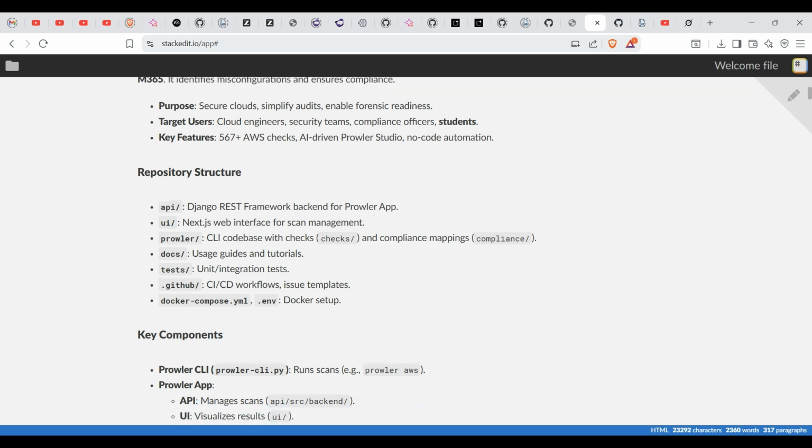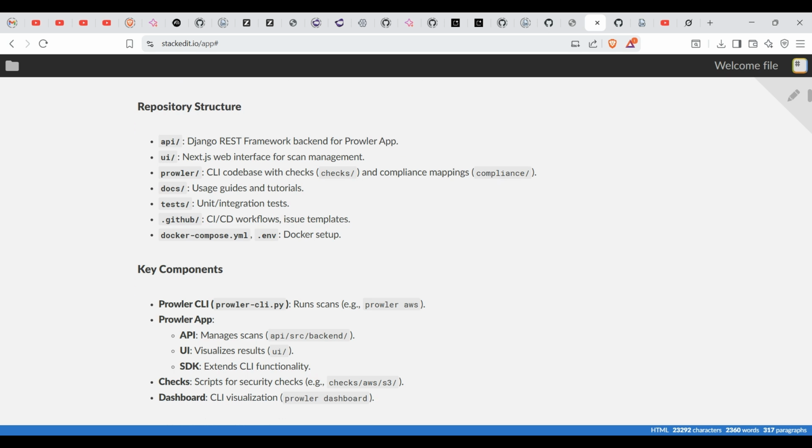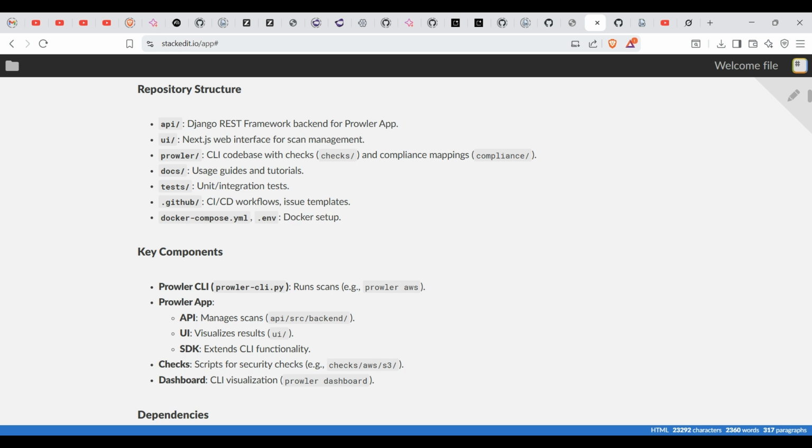So next, as I told, this particular tool is open source. When anything is open source, we can find the source code in GitHub, and these are the code structures. There is a folder called API. This particular application has been built using the Python Django framework. When you go for applications, you have a front end, back end, and data. These are the three layers normally. So the back end they have used for the,